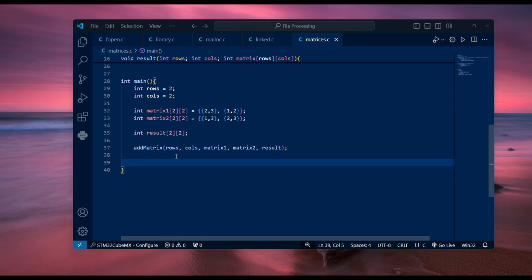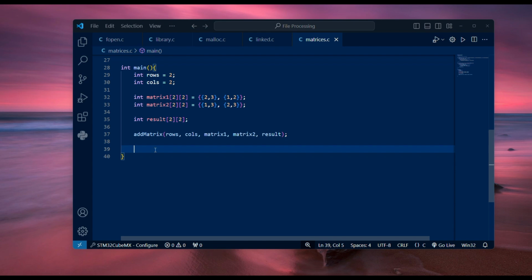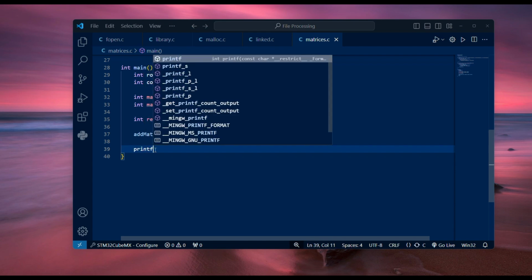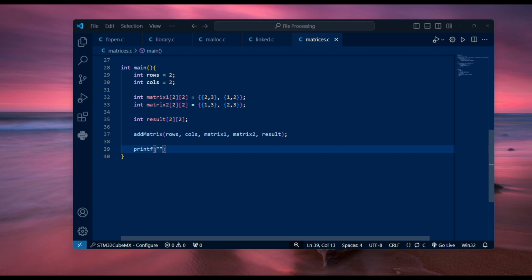So this already adds up the matrices. So what we need to do now is to print the matrix to the screen. So to print the matrix to the screen, you can say printf, and then you can say anything, something like this, result after matrix addition. And then you can have something like this. We can put \n, and then we're going to have a semicolon,